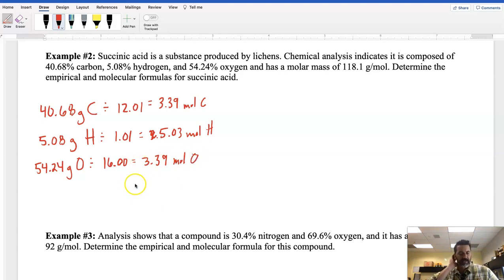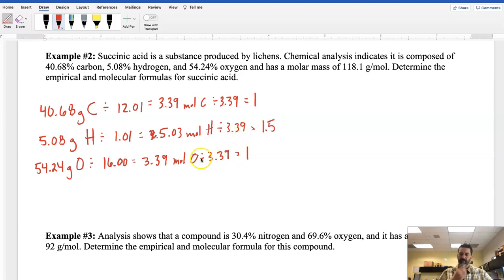and then I get 3.39 again moles of oxygen. Okay, so that was the first step in finding the empirical formula, which was on the previous page. We divide by the molar mass, and we get number of moles. Now step 2, if you remember, was to divide by the smallest number, because I need whole numbers here. So I'm going to divide by 3.39, divide by 3.39, and divide by 3.39. So that's going to give me 1. This is going to give me 1. And when I do this, actually I get